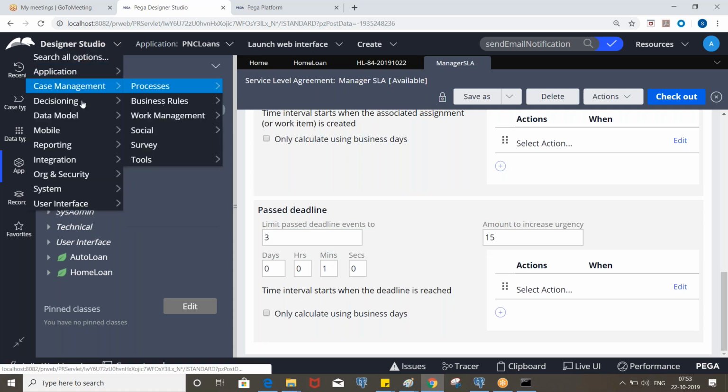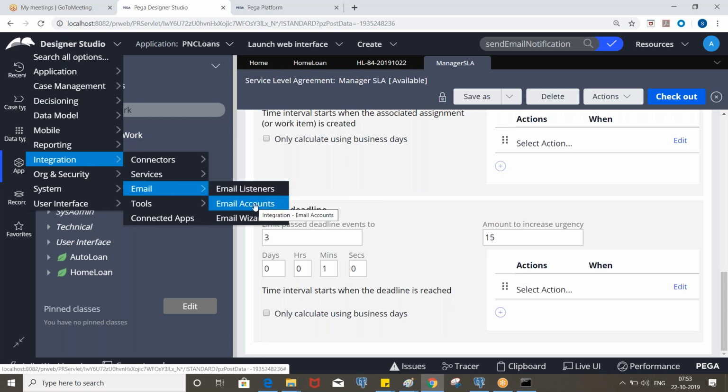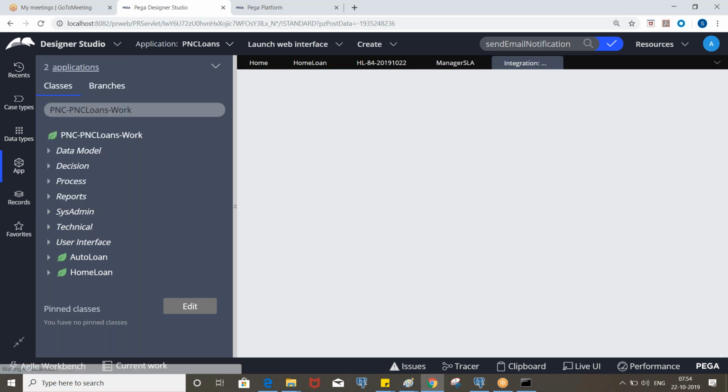So go to the integration, email accounts. Go to the Designer Studio, integration, email, and email account.